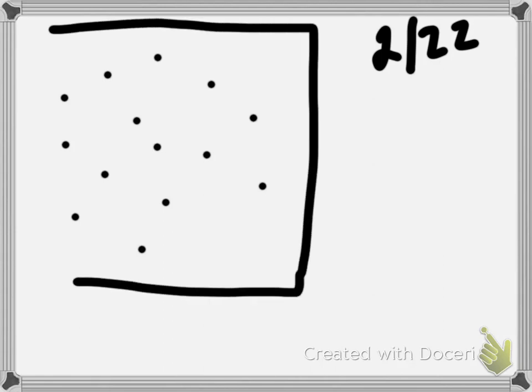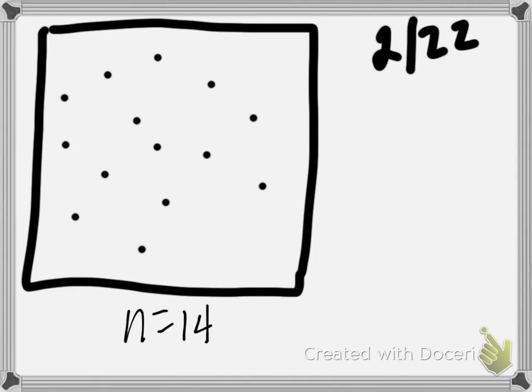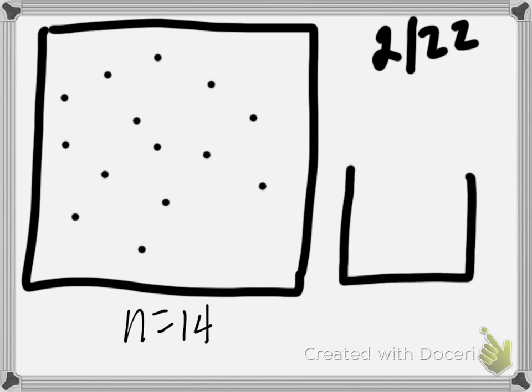Okay, so we had this kind of population spread out in their habitat. Our population size, 1, 2, 3, 4, 5, 6, 7, 8, 9, 10, 11, 12, 13, 14. So we would say usually n equals 14. And I was going for sort of random spacing. They're pretty randomly spaced. They're not too crowded. But what if we took that same 14 individuals